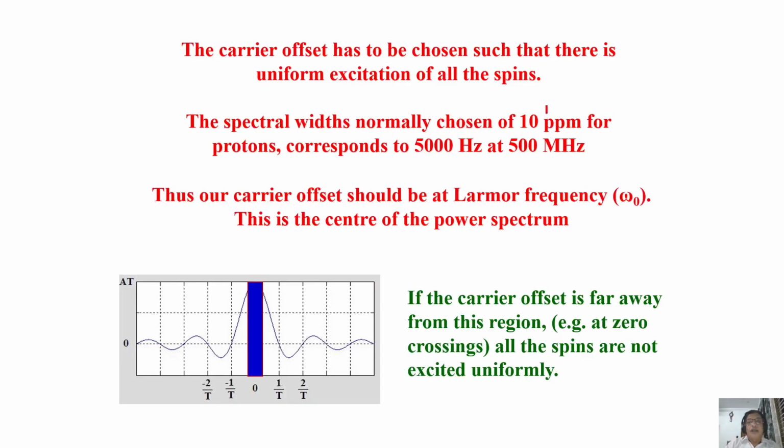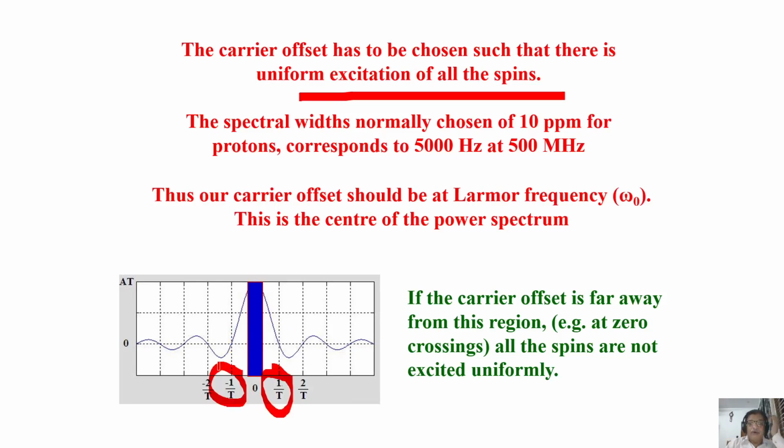But I need to have a receiver. The receiver, if I keep it in one place, let us say, I will show here. I have to choose the carrier offset in such a way. First thing, I have to get uniform excitation. You know, we are applying a square pulse or a rectangular pulse, you can consider, depending upon the width. If you take the power spectrum of that, do the Fourier transformation of that, this is the type of spectrum you are going to get. This is called the sinc function. And you see, if T is my pulse width, there is a zero crossing of the sinc function at minus 1 by T and plus 1 by T.